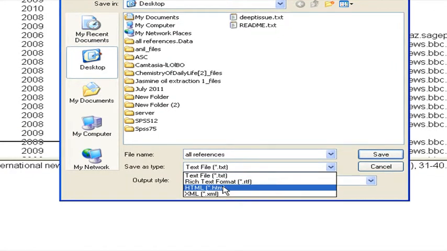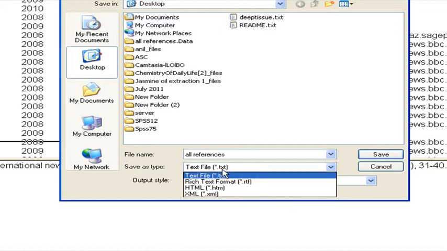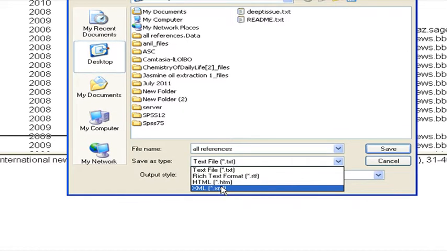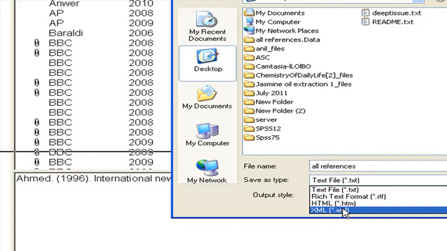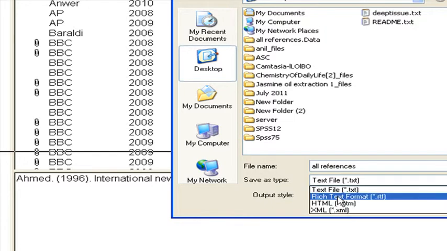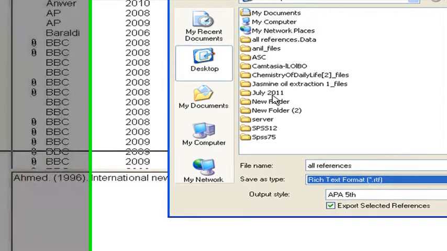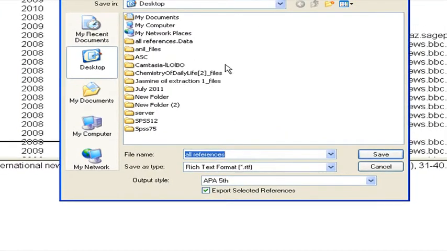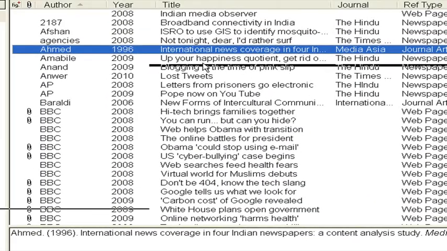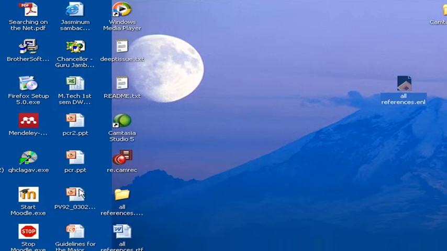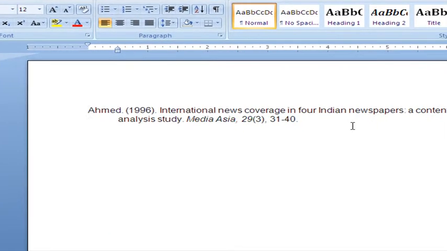I can make a web page of this by HTML file, and if I want to export it to other reference management software, then this is the format for that. Right now I will export in the RTF format, all references, save. Now it has been exported. If you click this, then you will find this.